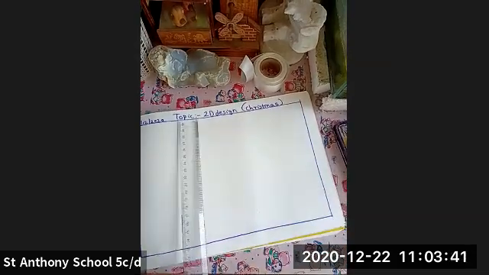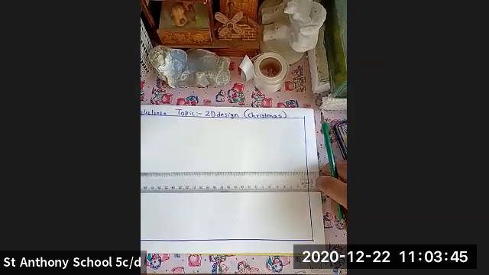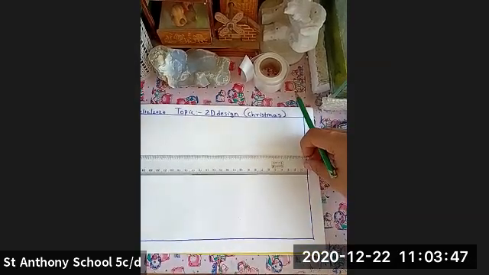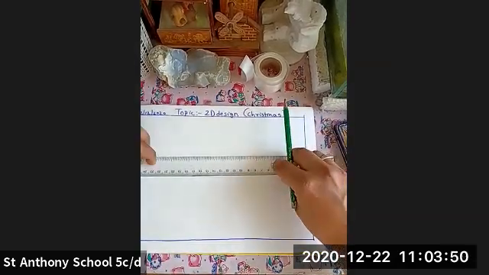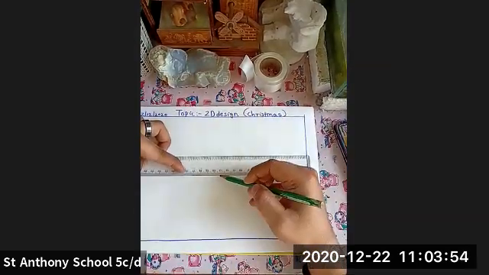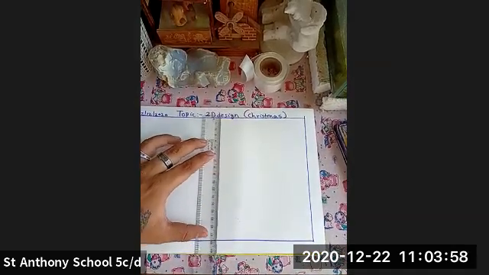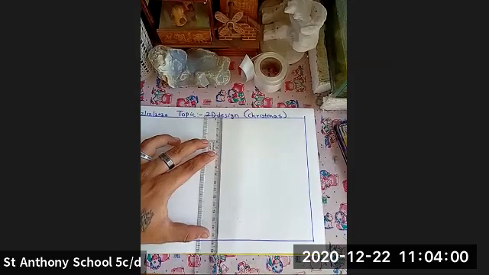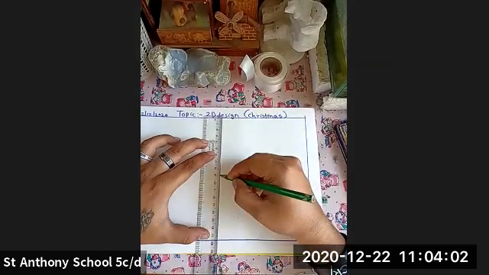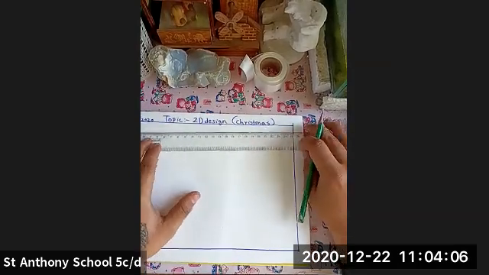So first thing, you're going to find the center of the page. First you have to find the center. So 26 is there, so its half is 13. So this is 13, and the size over here is 18, meaning 9 here. Okay, so now let's do it.